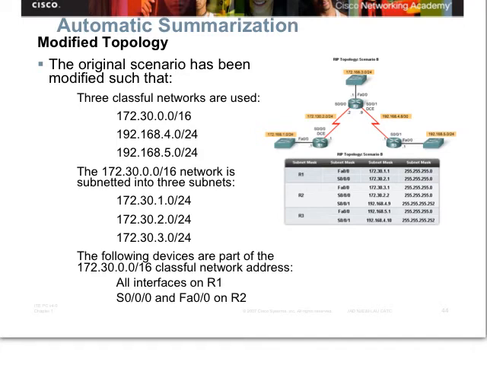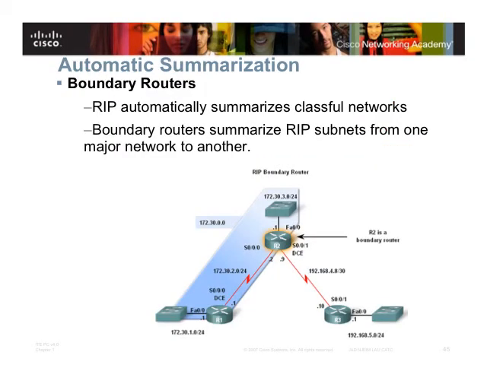Okay? So I don't have the subnet mask as part of the route update, but I will try to guess it. So automatic summarization or RIP in general uses a certain rule which helps you to get this subnet mask even though it's not in the route update. So the rule